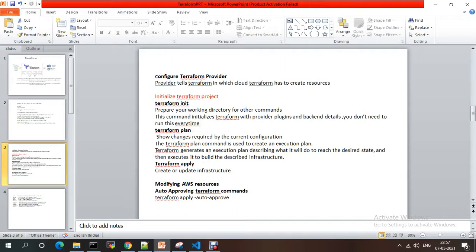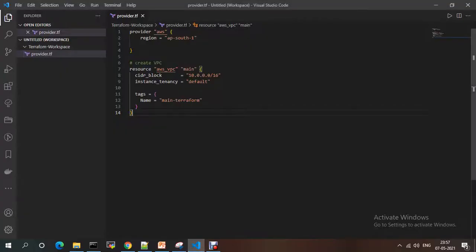The provider tells which cloud Terraform has to create resources in. Mine is AWS, so I just provide the provider details. I already configured the secret key ID and access key ID.